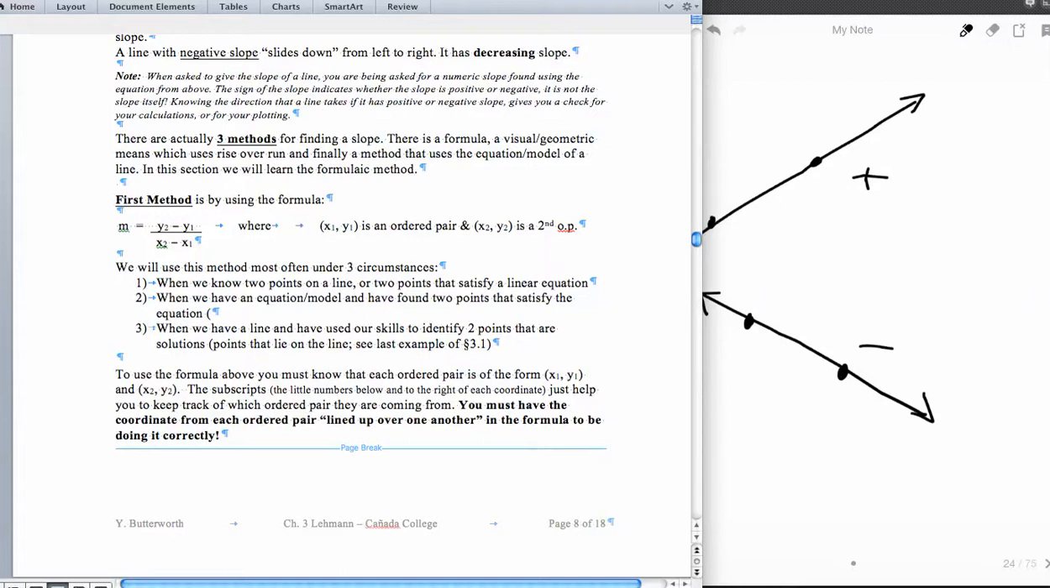So we're going to be using this under three sets of circumstances. The first one, which we'll be doing now, is when we know 2 points that lie on a line, or 2 points that satisfy it. Then if we have an equation or a model, and then finally if we have a line and we can identify the 2 points on that. So now